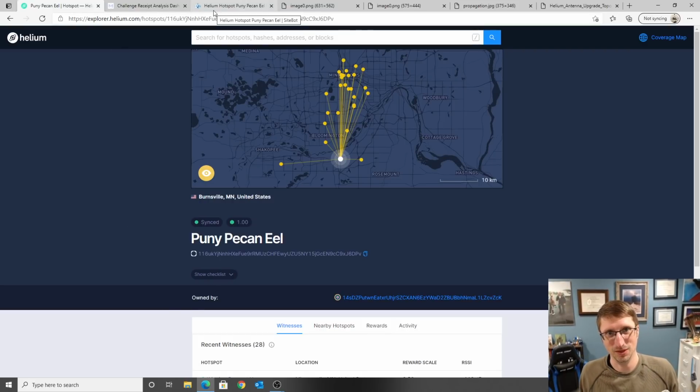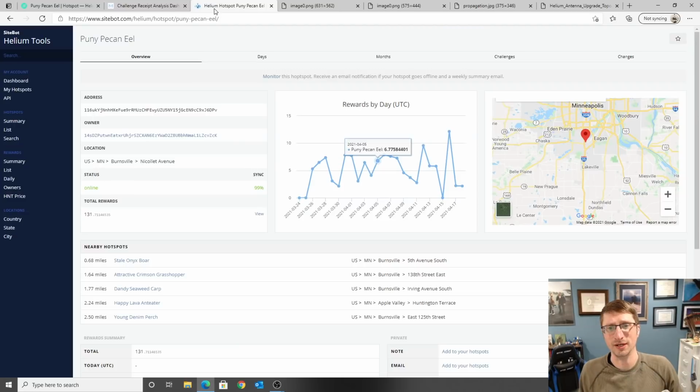happened to affect it. So I'm going to go to Sitebot. Sitebot is another useful site for analyzing earnings day to day and also month to month, and just getting some interesting information here. So you can sign up with Sitebot and you can get one site monitored for free. So if you only have one hotspot, I totally recommend signing up here. You can get alerts on it. I actually have a tip that I'll share at the end of the video that talks about a reason why you'd want to do that. So keep watching. So here we see that originally this was with the rack 8 dBi antenna, and you can